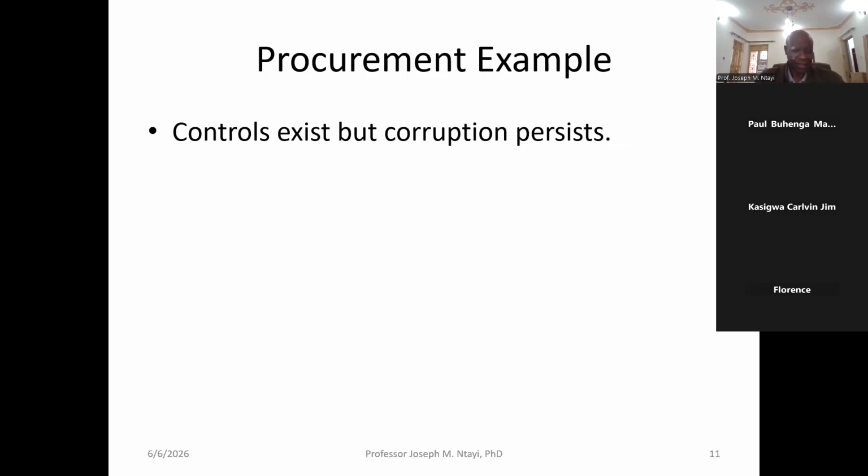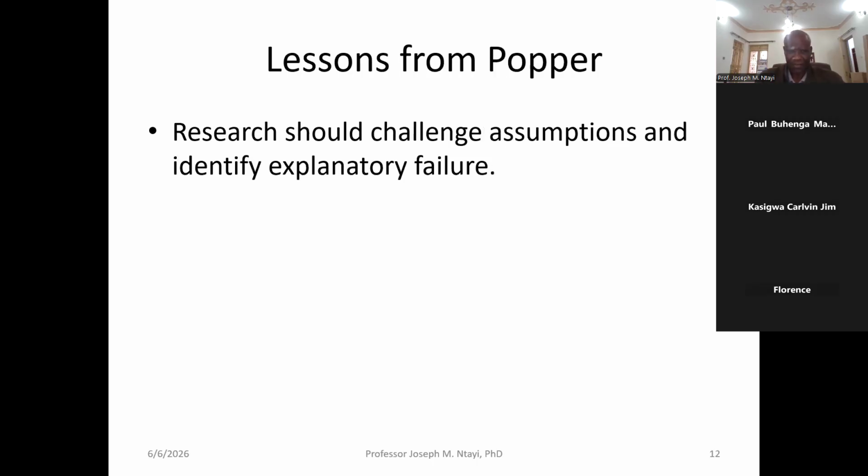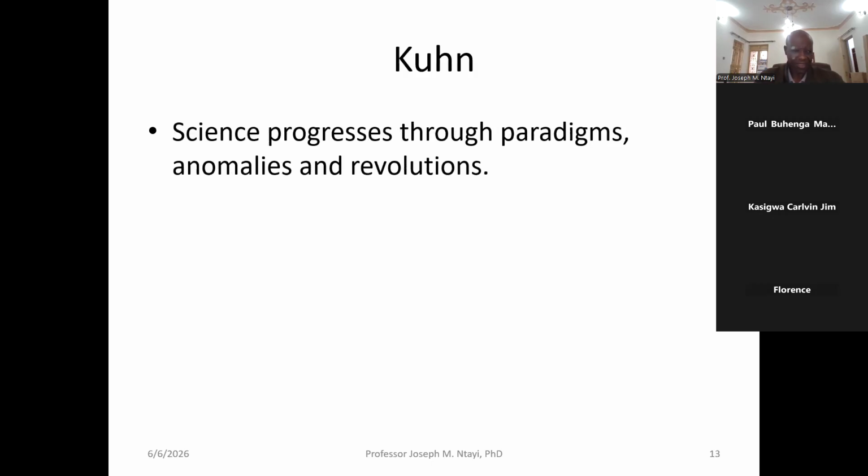I think those are enough examples, and I don't have to go into details of that. So I did also introduce Kuhn, and that's where we stopped last time. And again, as you can see, this Kuhn contributes to scientific progress, right? Through, of course, paradigms and anomalies and revolutions, right? If you read his book, it's on the structure of scientific revolutions, right?